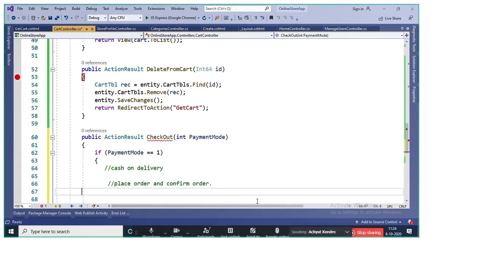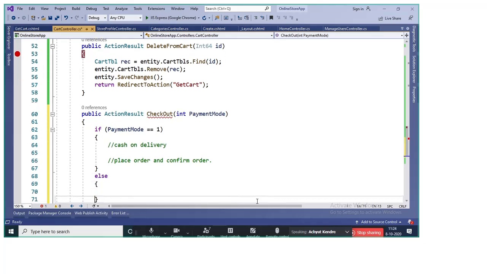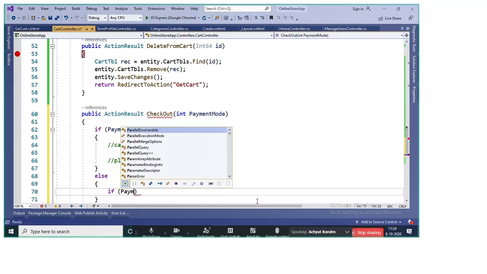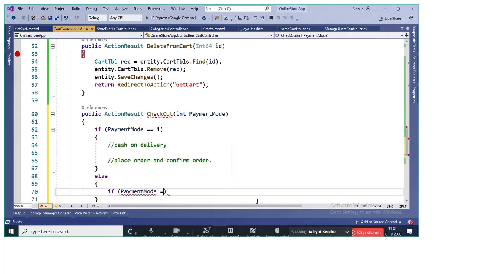Now, or you can write a switch case if you want. Now we have only two payment modes here. So if payment mode equal to 2,